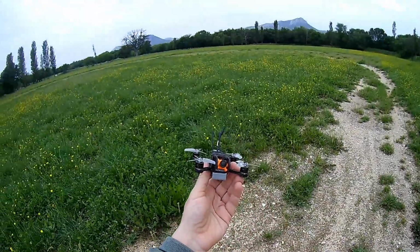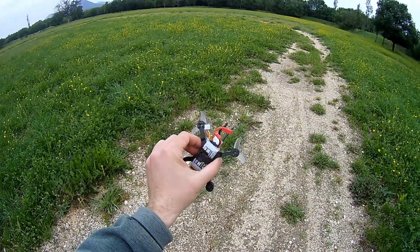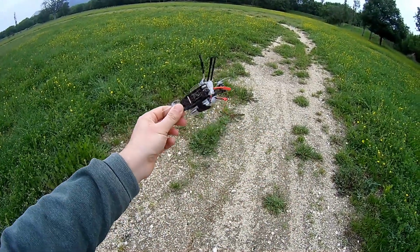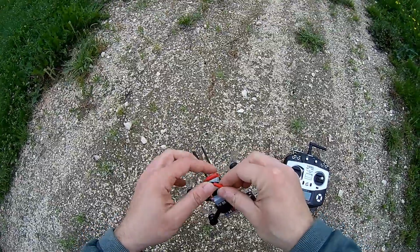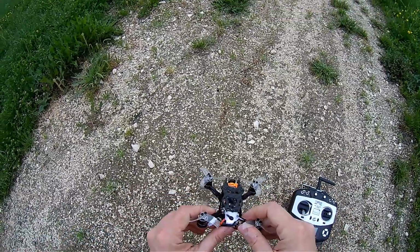So I will fly first in lost condition to show you the power lift of this machine. I will fly with the GST connector, the default one, so expect a little bit more performance if you decide to solder the XT30 connector. Okay, so let's go. I will power the machine,